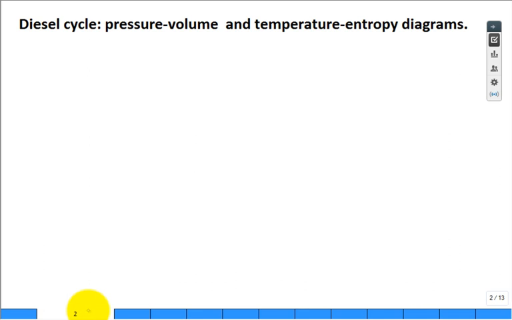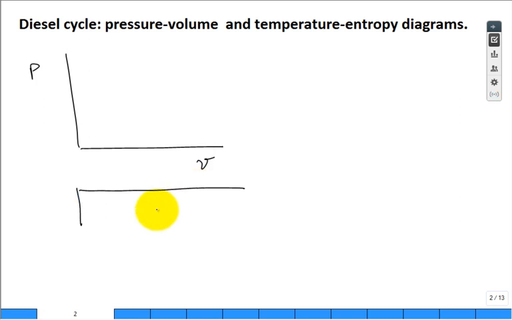For the diesel cycle, we should be able to sketch a pressure-volume diagram as well as a temperature-entropy diagram. Let's do the pressure-volume diagram. This is true also for a piston-cylinder Otto cycle. Think of lining up the cylinder at the bottom of your diagram. Think about the piston being out here, and that would be the largest volume, the volume at bottom dead center,